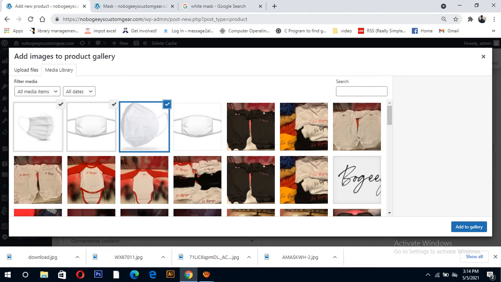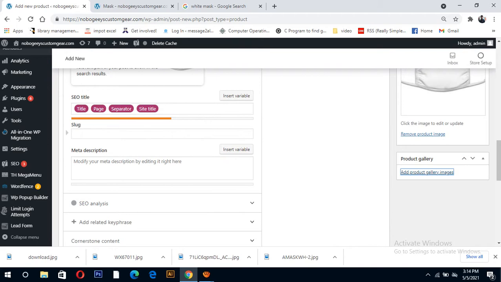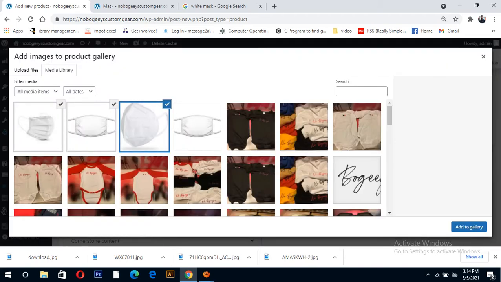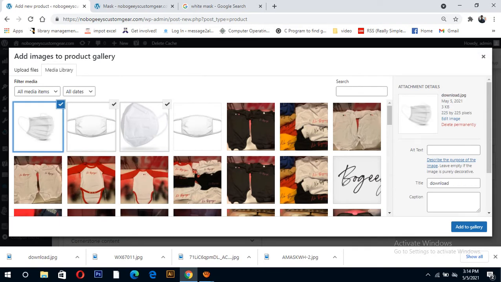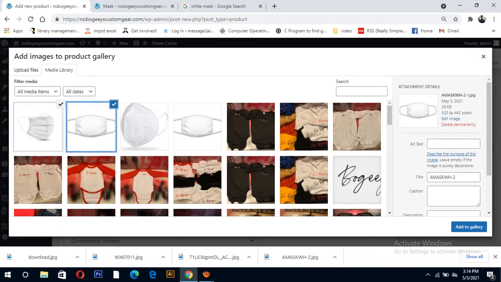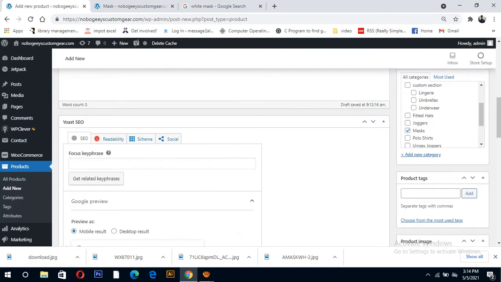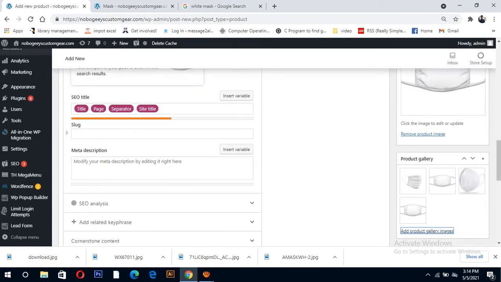You can upload, then for more pictures hold the Control key on the keyboard and click, then add to gallery. Then three categories, four pictures, and you can move any picture serially anytime.